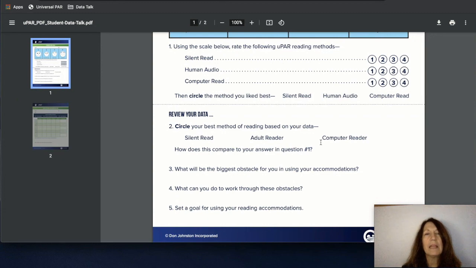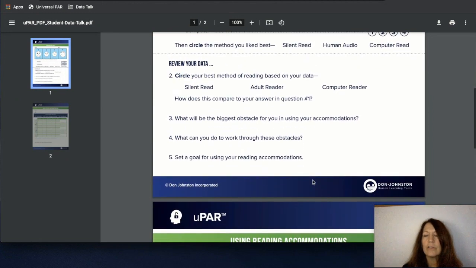And you want to build in the discourse with them. So with this data, what do you think this means? And how do you think this will work best for you? Or how do you think you can advocate? Or what do you think might get in the way that we can help you plan for right now? These 3 planning questions are there for you based on some nice longitudinal research of success factors for students with learning disabilities.